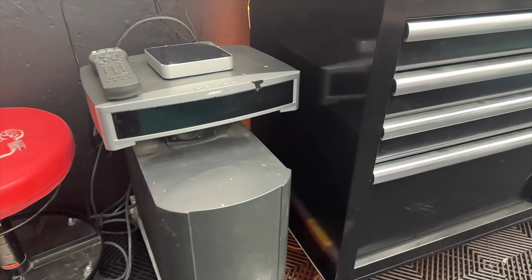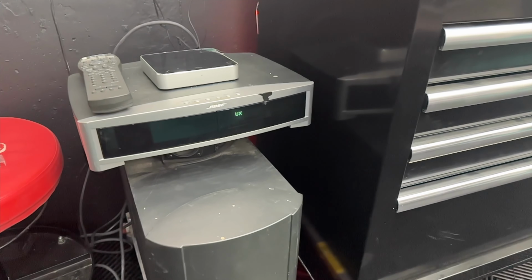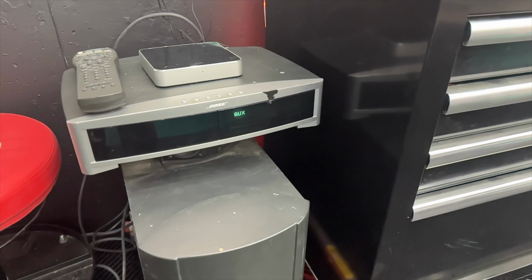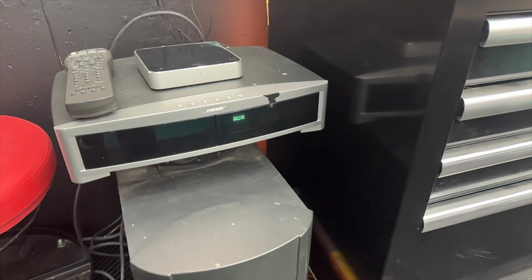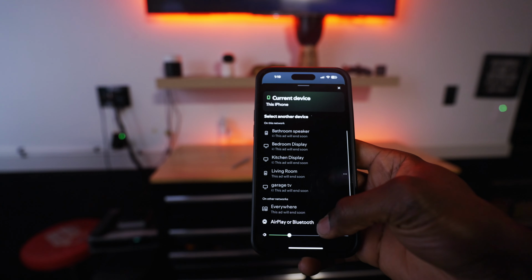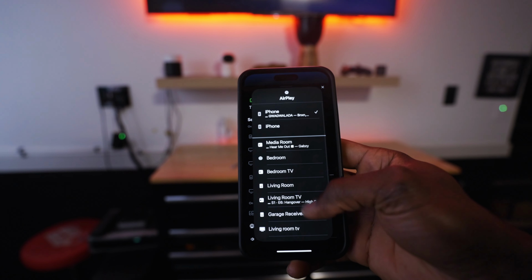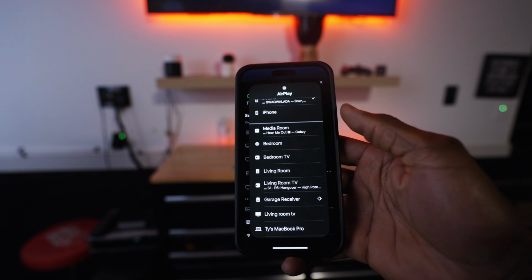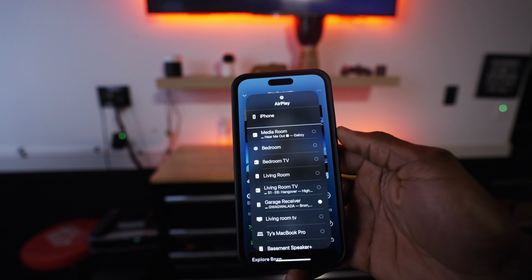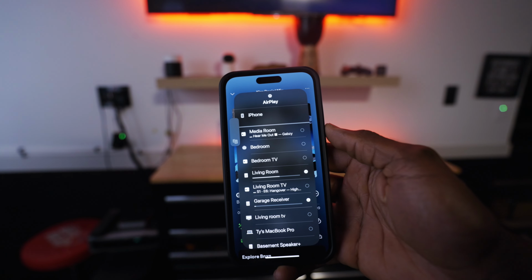Now if you look down here, I have this device. It's called the Wiim. The Wiim basically converts any speaker and adds the AirPlay 2 capability to that device. Now using the optical cable behind the AirPlay, I have connected it to another port on that sound system. So now I can cast music from my iPhone, my laptop, or even my TV and use it as part of a multi-room setup if I need to play music across the entire house or just only within the garage